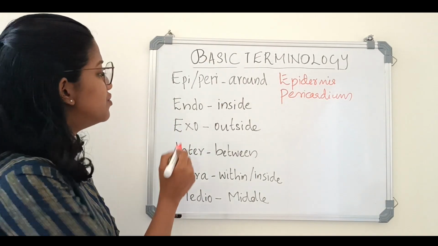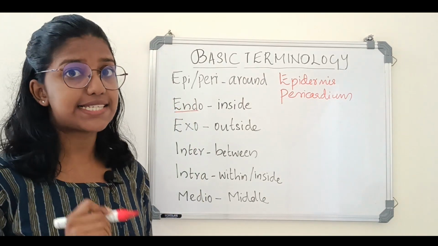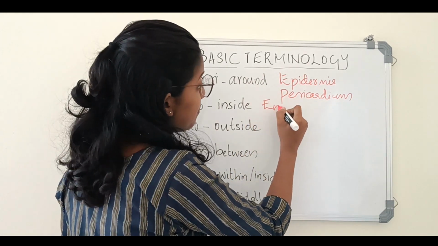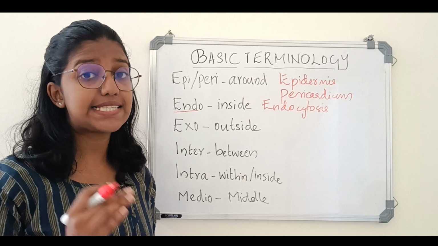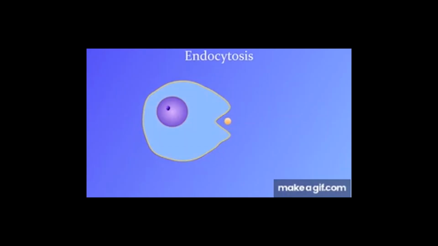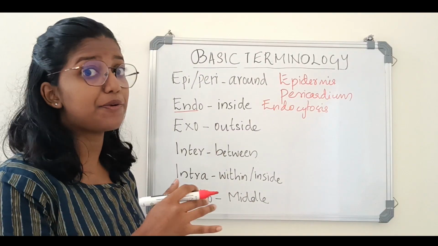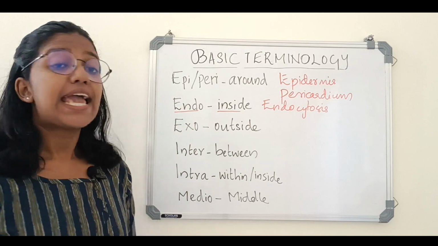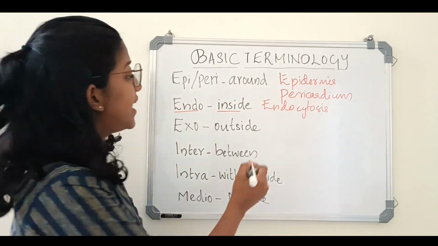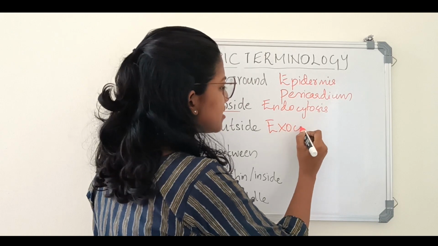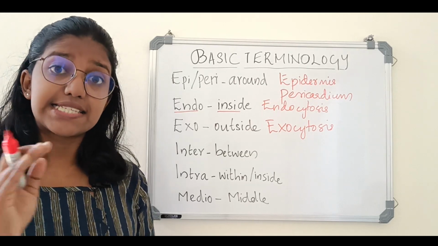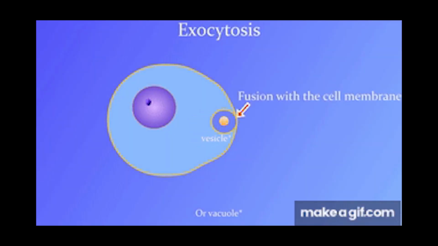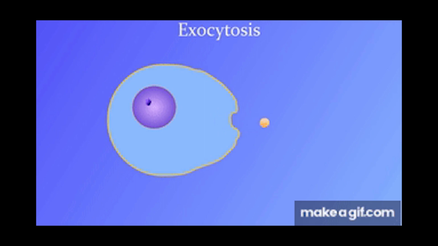Coming to the next term, which is endo. Endo means inside. Have you heard about this term, endocytosis? What do you mean by endocytosis? Endocytosis is a process by which the cell engulfs certain substances by forming vesicles inside the cellular membrane. So, inside. And the term exo. As an example, we could say exocytosis. Exocytosis is the process by which the cell will eject or release certain substances to the outer surface of the